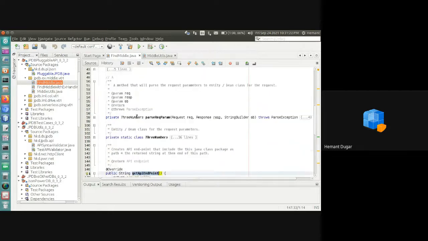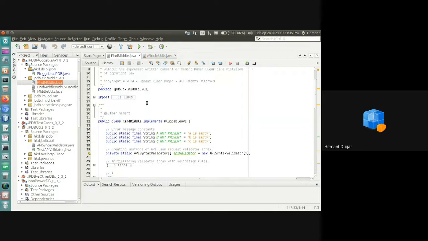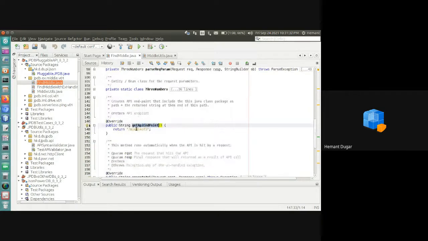The endpoint will become the package name jpdb/ex/middle/v01 followed by slash middle-of-3. This will become your overall endpoint for accessing this API.